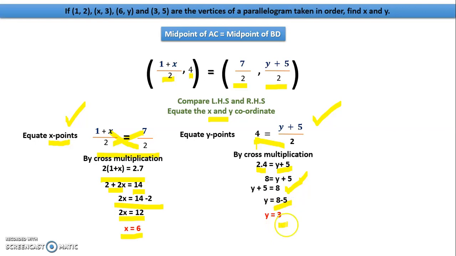This is the coordinate: the x value is 6 and the y value is 3. So after practicing this problem, you can simplify this problem as homework. And the next problem,